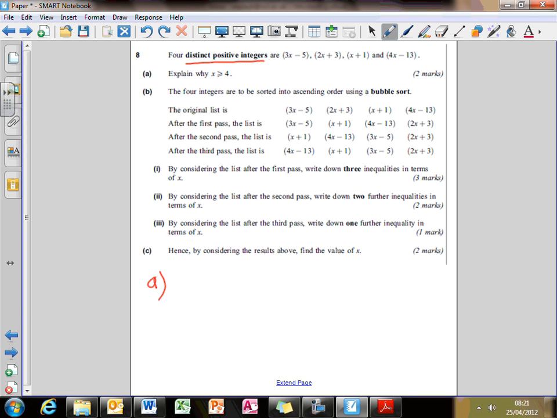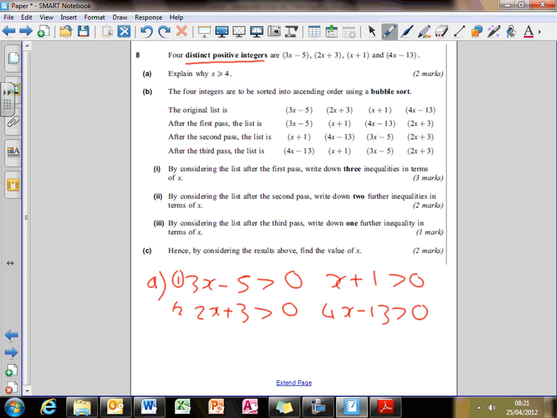We know that 3x minus 5 is greater than 0, 2x plus 3 is greater than 0, x plus 1 is greater than 0, and 4x minus 13 is greater than 0. If we solve all these inequalities, let's number them 1, 2, 3, and 4, we know